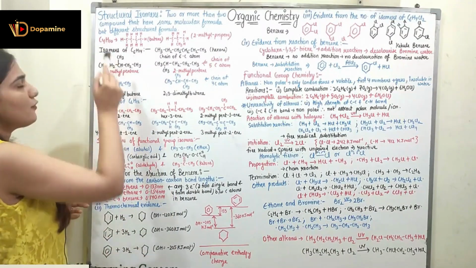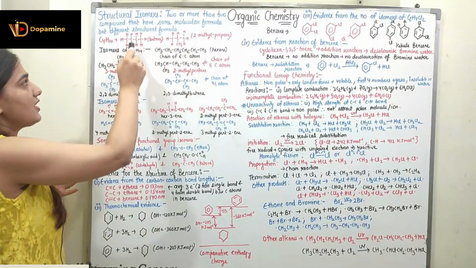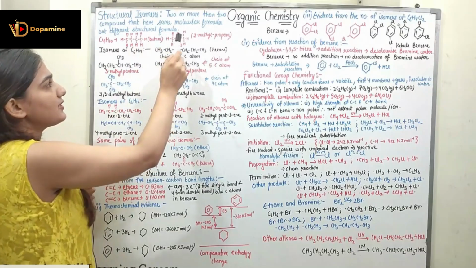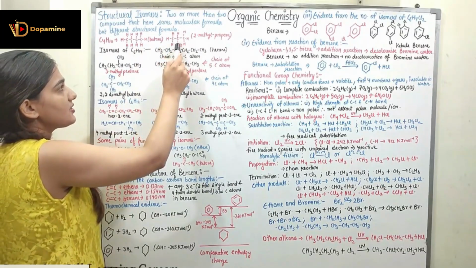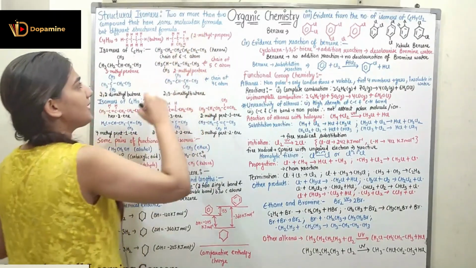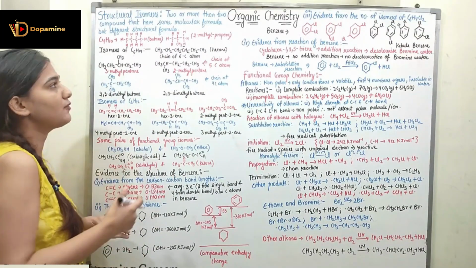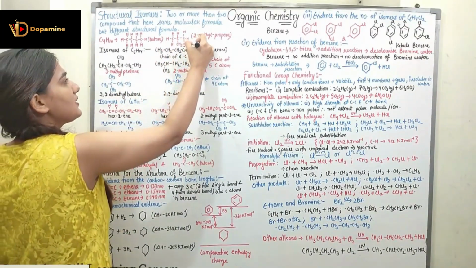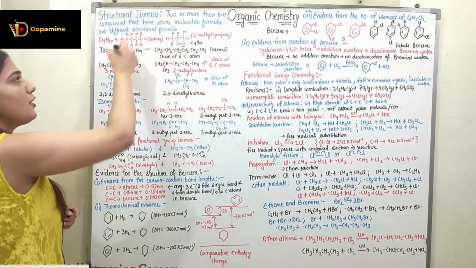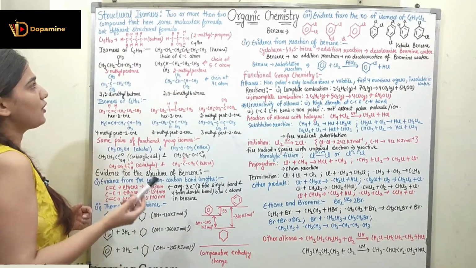For example, C4H10. C4H10 is the molecular formula which is the same for these two structures. Here this is butane, CH3CH2CH2CH3, and here this is 2-methylpropane, CH3CHCH3 connected to CH3. Here you can see we have a methyl group connected to the propane. In the propane we have removed one hydrogen and connected the methyl group there. The overall carbon is 4 and the overall hydrogen is 10, so C4H10, and here also we have C4H10. The molecular formula is the same, whereas the structure differs in both cases.